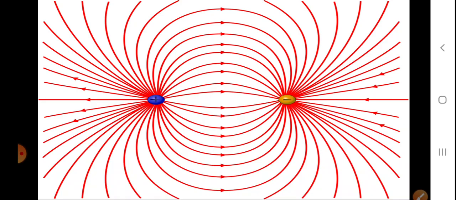Let us ask a question. What is a dipole? A dipole is a combination of two equal and opposite point charges. When two equal and opposite point charges are separated at a distance 2a, we can call that setup a dipole. Di means two, you know very well. And when two equal and opposite charges are separated by a very small distance 2a, we get that.